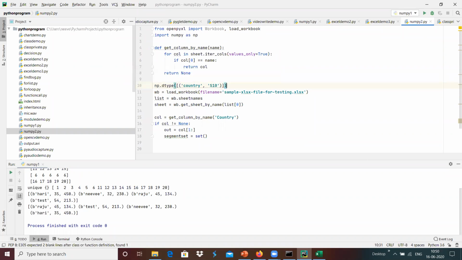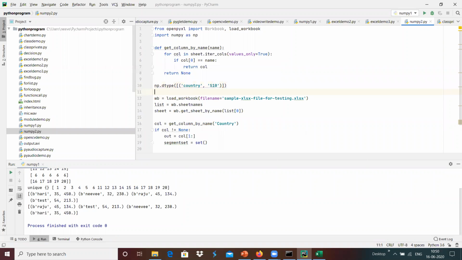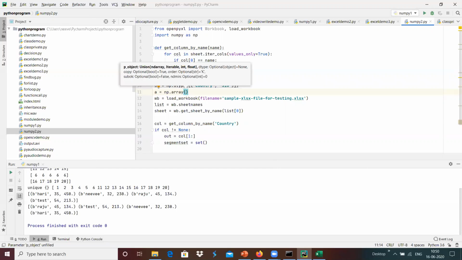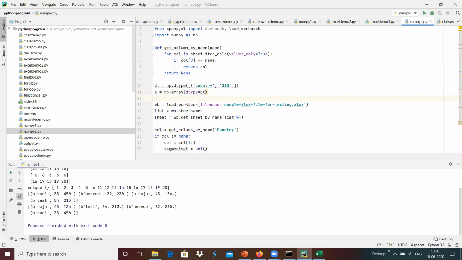I'm going to use it as the data type, which is dt. And I'm going to create the data array equals np dot array with dtype equals dt over here. Once it is done, maybe we can do the additions over here.